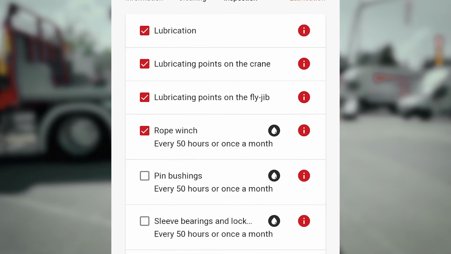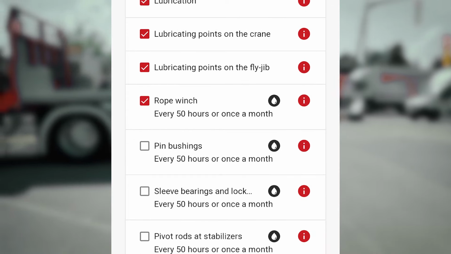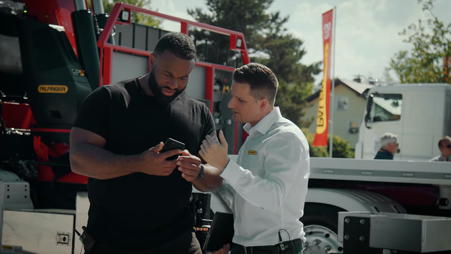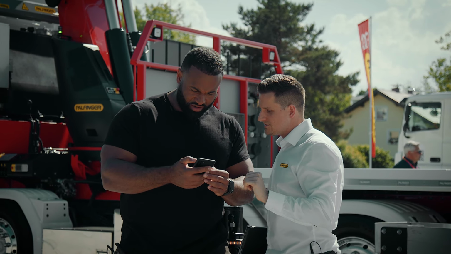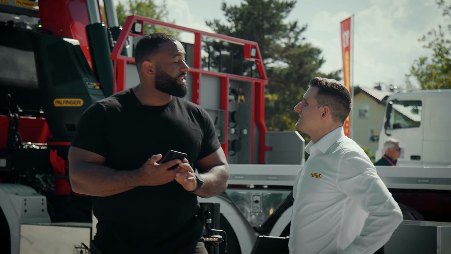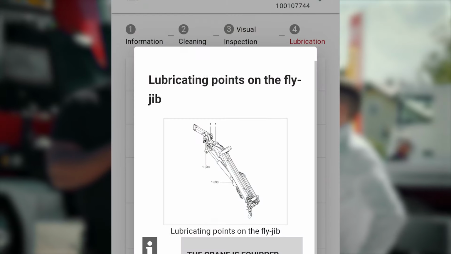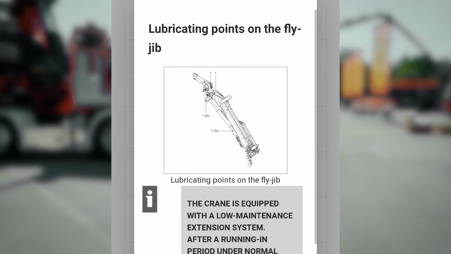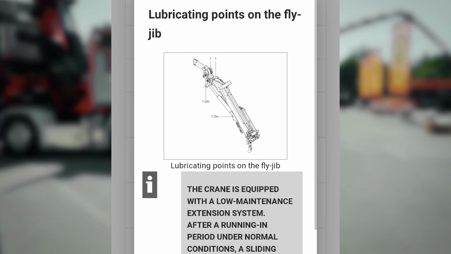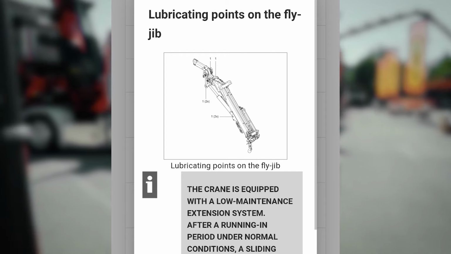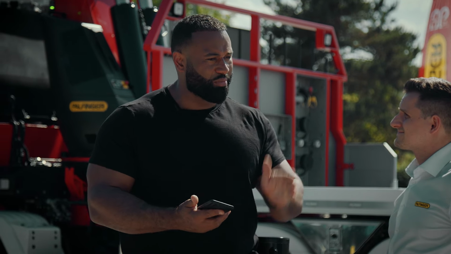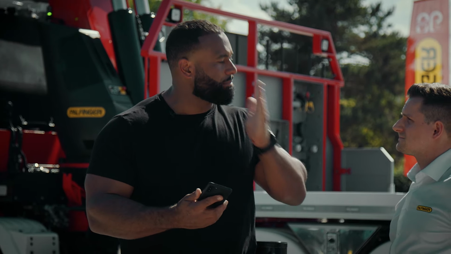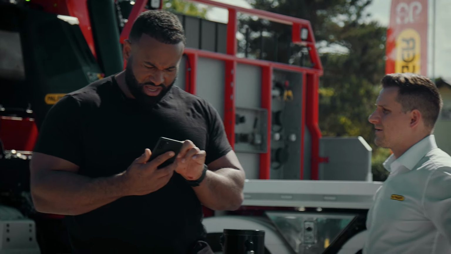Okay. And if you require more information, like for the third step here, what is it? Is it lubrication points on the fly jib? Yeah. You put on the information, and we have the drawing. Yes. You have the information and also the pictures. Okay, and we have all the points numbered. So therefore, if I'm continually struggling, he can call the office and say, "Oi, on this drawing I have a problem with 1, 2, and 3 of drawing number so-and-so." Correct. All right, okay.